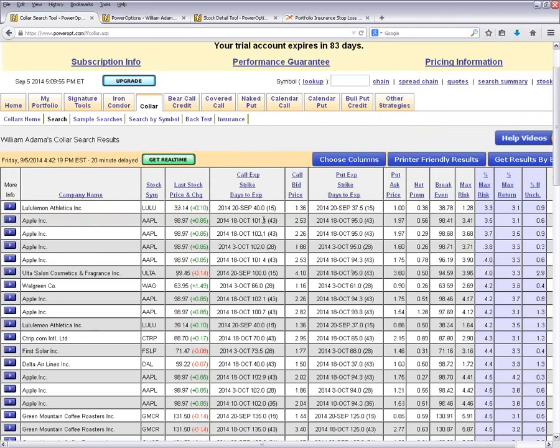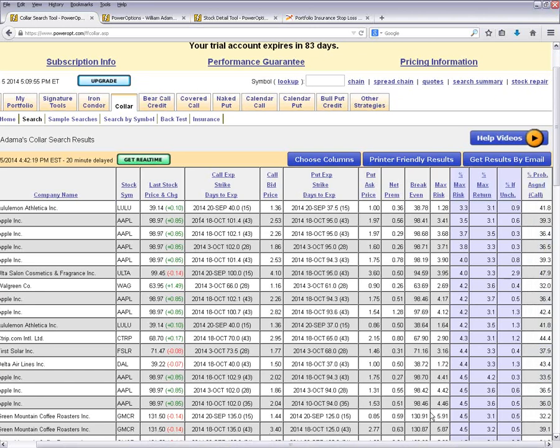Lululemon at $39.14. May choose to sell the September 40 call for $1.36 and buy the September 37.5 put for $1. When you say, oh, you're only generating 36 cents of premium, and you've got to buy the stock to do it, so it's capital intensive, but here's the trade-off. It has the same risk-reward profile as a bull call debit or a bull put credit, but there's no risk of that leverage hurting you. If the stock plummets to $1 per share, the most you're going to lose is 3.3%, and honestly, that's not going to happen. It could drop below 37.5, and you could take that 3.3% loss,